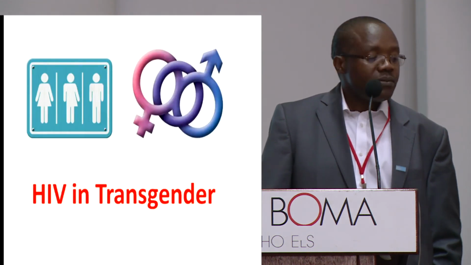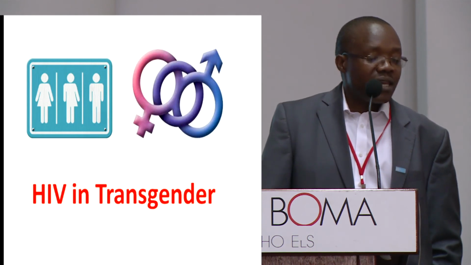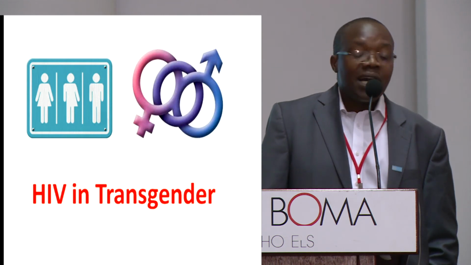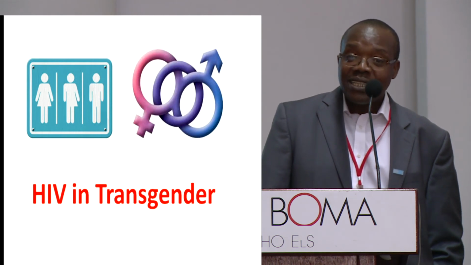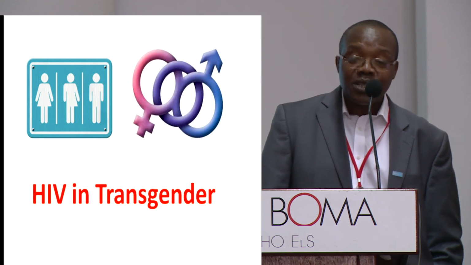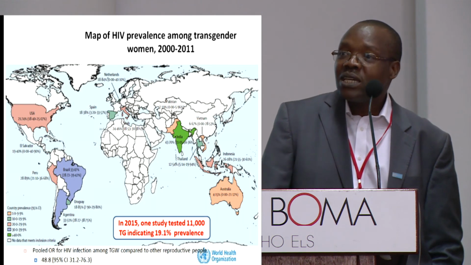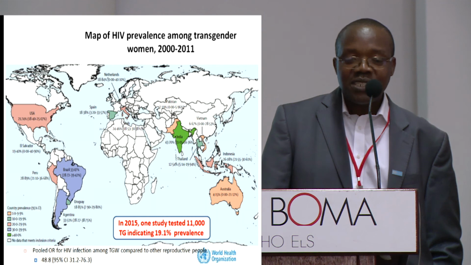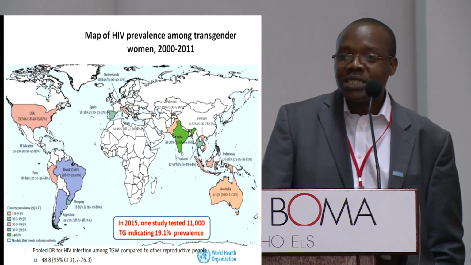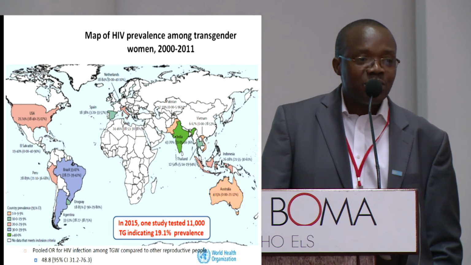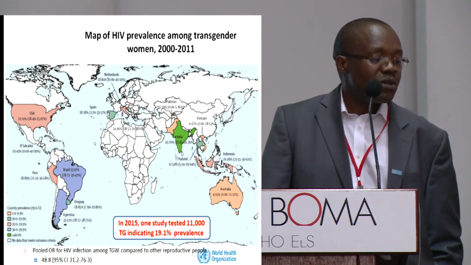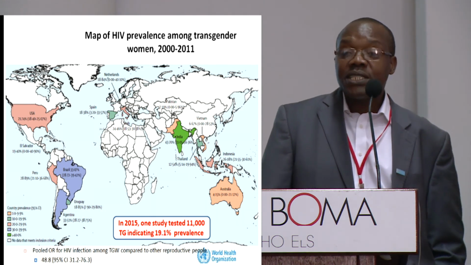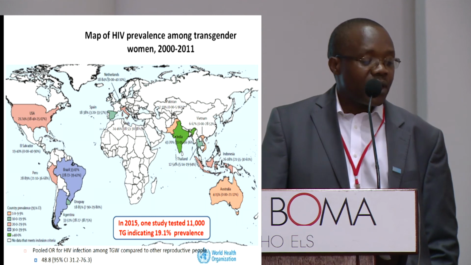Transgender. Again, this is another area that we really need to focus on in terms of our interventions. We have very limited data in our settings when it comes to transgender groups. You can see on the global map indicating transgender data, in Africa it's just empty. There's really no data. So we really need to invest in putting in programs, but also in data capturing. In this group, particularly transgender women, HIV is extremely, extremely high, on average at